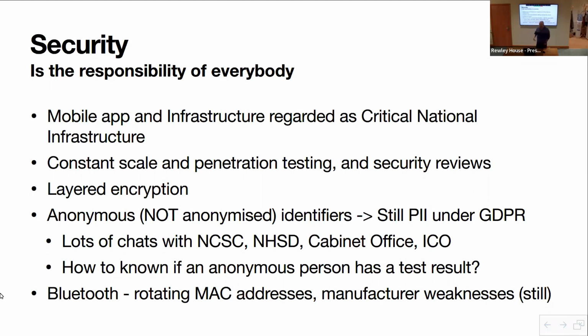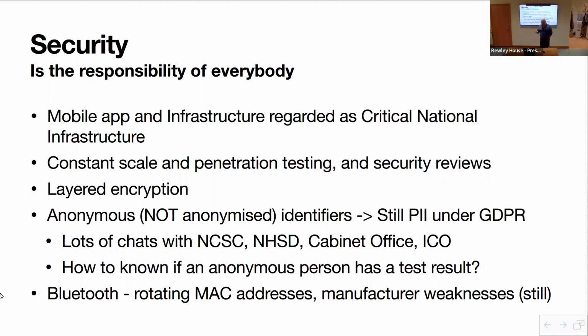And then Bluetooth as well, rotating MAC addresses. Bluetooth energy privacy mandates rotating the MAC addresses approximately every 15 minutes. Obviously, you need a bit of jitter, otherwise it's really obvious which one's the new one. But on iPhones, turns out, and we found this out by using an RF10, that when your phone's locked and the screen's off, and then you lift it up and the screen comes on and shows you the time, that changes the Bluetooth signal on iPhones. And then when you put it down again, the screen goes off, it changes back. If it's locked or unlocked, it changes. And that's all in the manufacturer area on every advertisement.